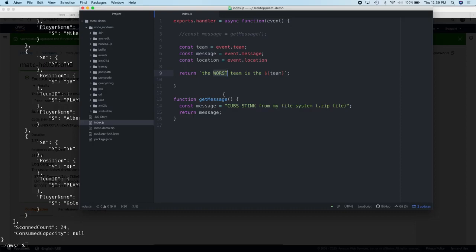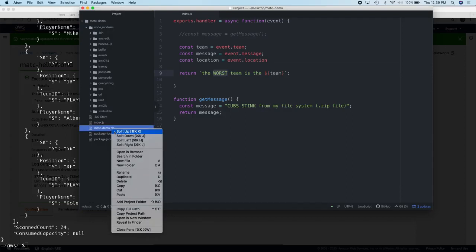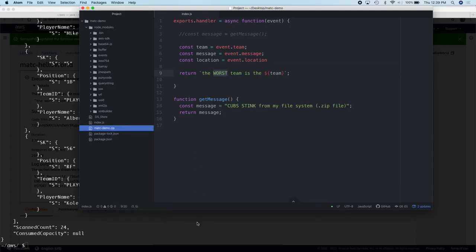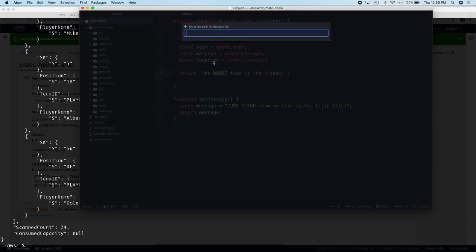What I want to do is first set it up so that I can build and deploy it. The way we build our script is we package all of our source code files as a zip file. I want to change that so that I create a script that's going to do that for me. So I'm going to add a new file. My script is going to be just build